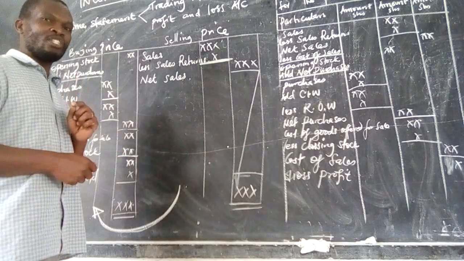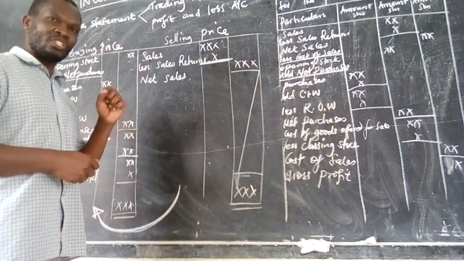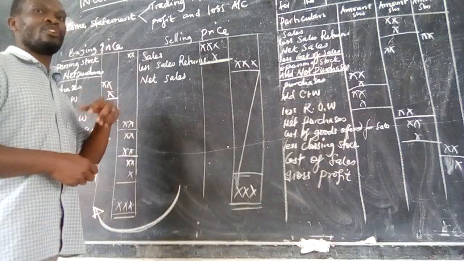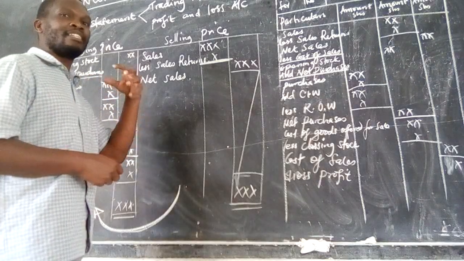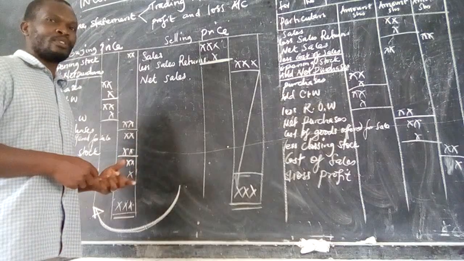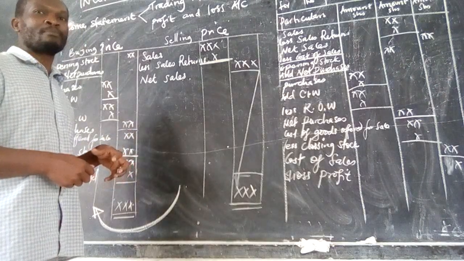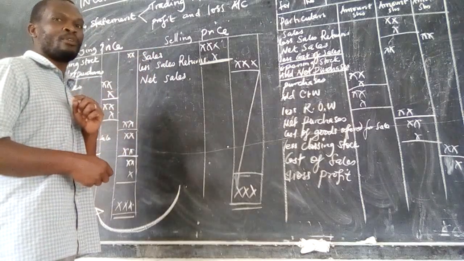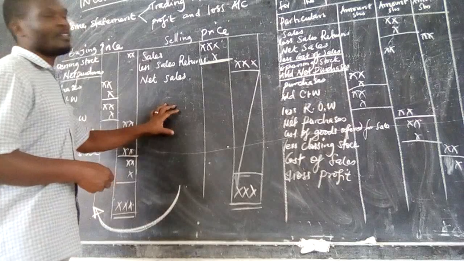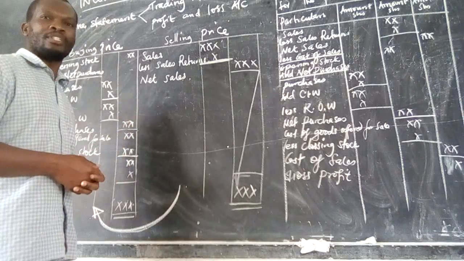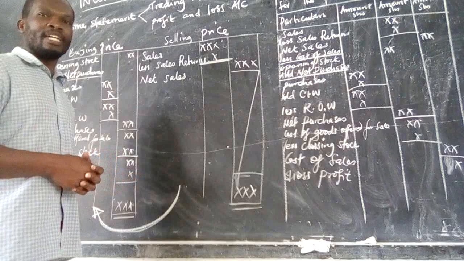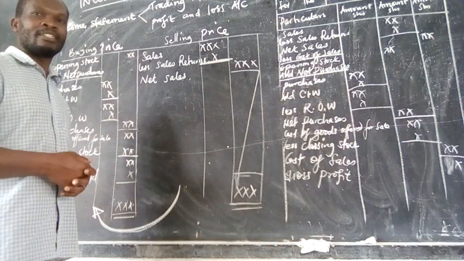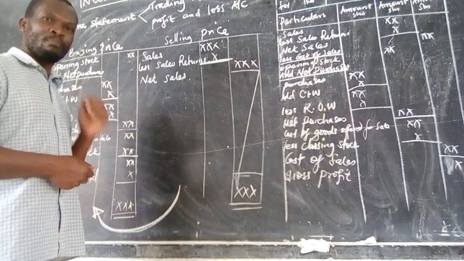However, that profit is what we call gross. Gross, either loss or a profit. Why gross? Because it consists of some amount of money that does not belong to the entrepreneur. We shall need to first subtract expenses to get the actual amount of money that belongs to the entrepreneur or the owner of the business. But in most cases, we see businesses where someone invests 10,000, they get 15,000, and they say the business is doing well, I've made a profit of 5,000. That 5,000 is gross profit.